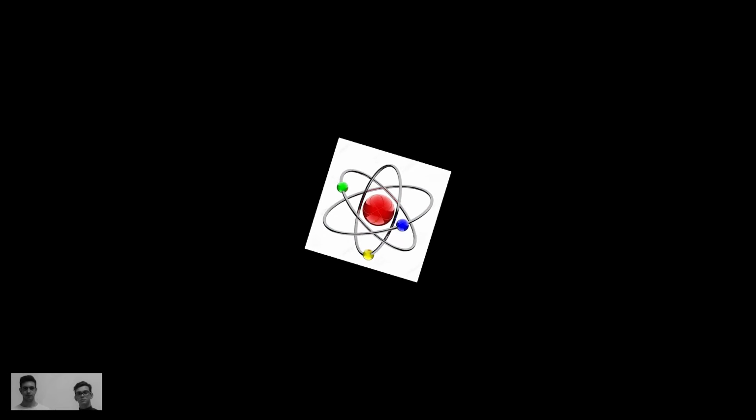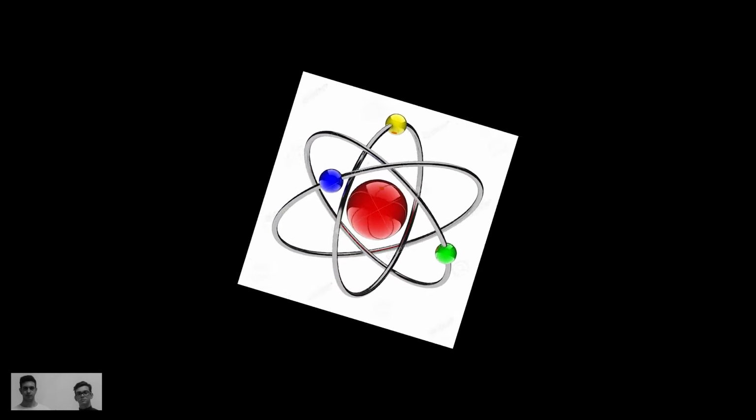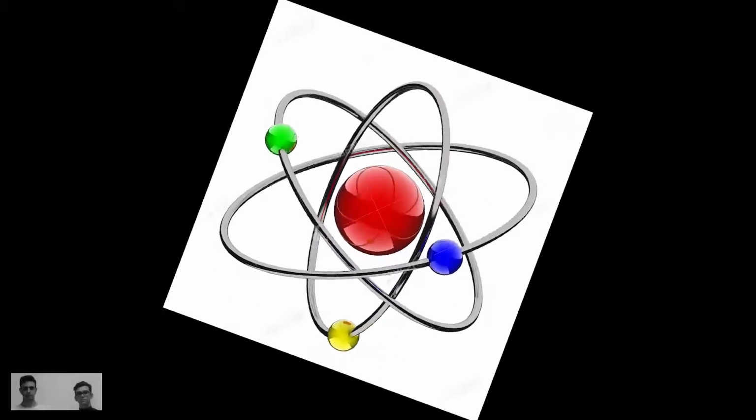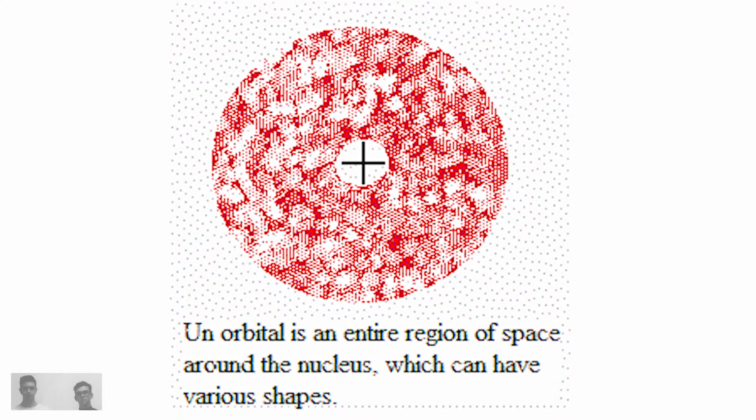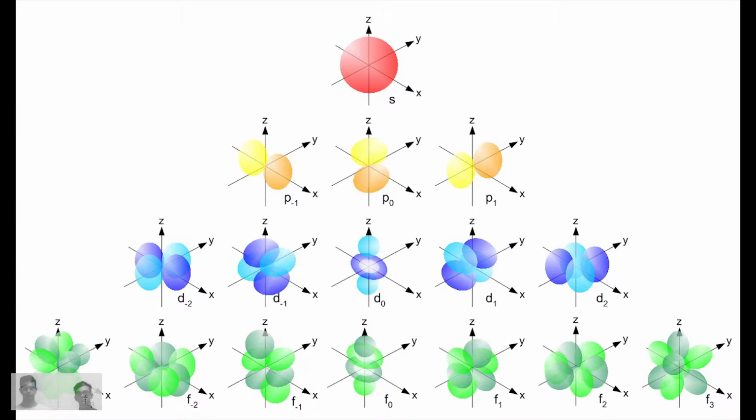Every atom has electrons, and these electrons orbit the atomic nucleus. The electrons are not found at the same distance from the nucleus, but they can be found in certain zones around the center of the atom. This zone is called an orbital, and they are of four types: S, P, D, F. Every single orbital has its own characteristics. Each orbital has its own form.